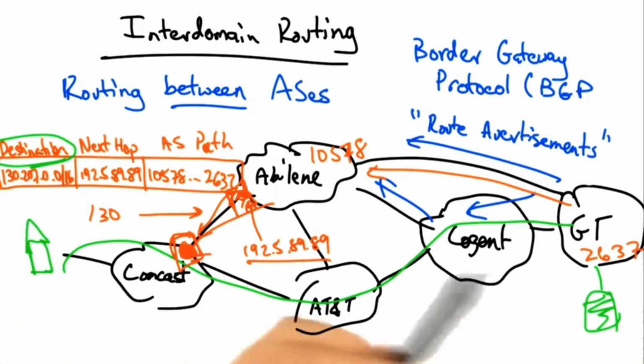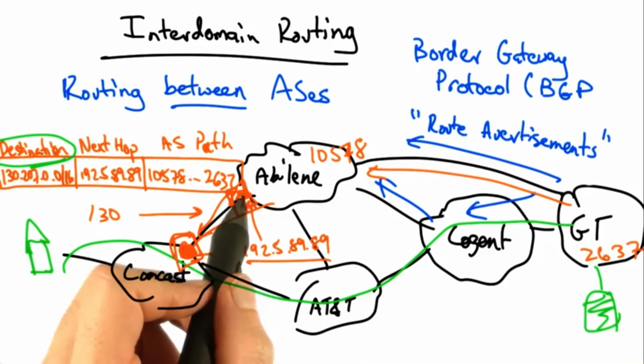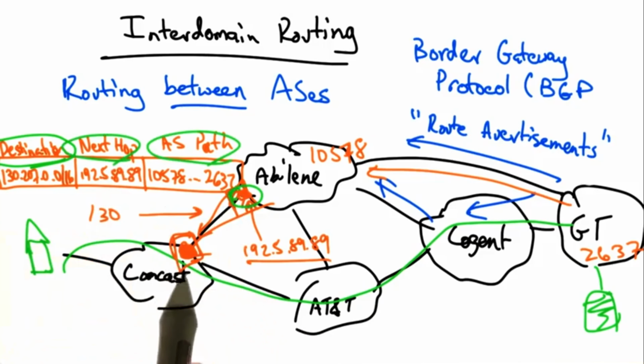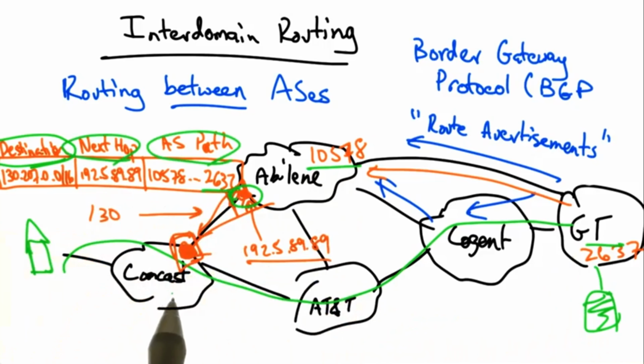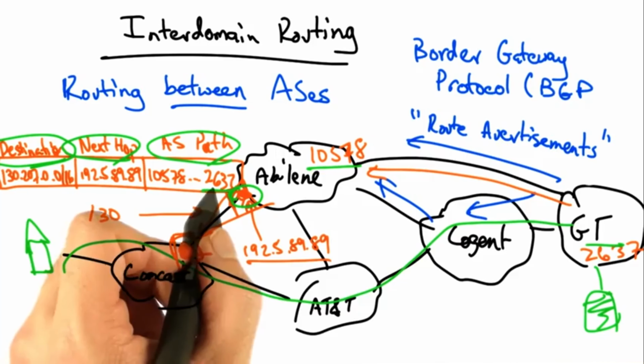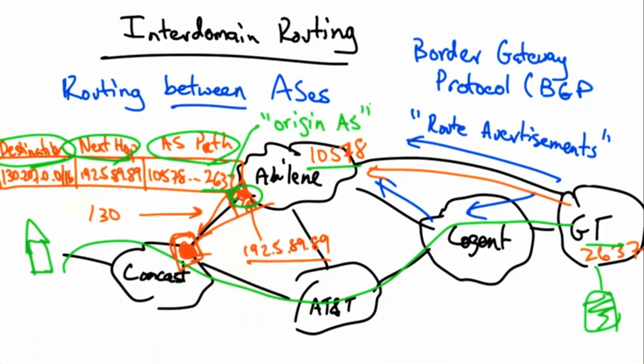So we have the destination IP prefix for the destination that a router might want to send traffic to, the next hop, which is the IP address for the router for the next hop along the path, and finally the AS path, which is the sequence of ASs that the route traversed en route to the AS that's hearing the announcement. The last AS number on the AS path is often called the origin AS because that is the AS that originated the advertisement for this IP prefix. In this case, the origin AS is 2637 or Georgia Tech because it is the AS that originated the announcement